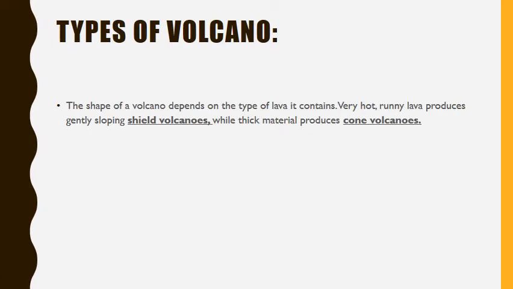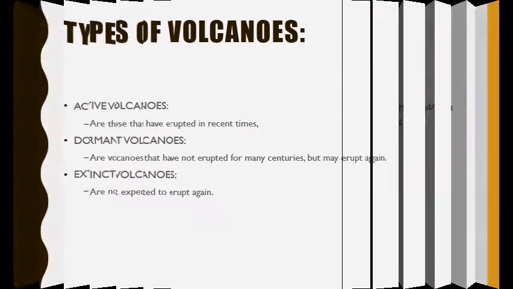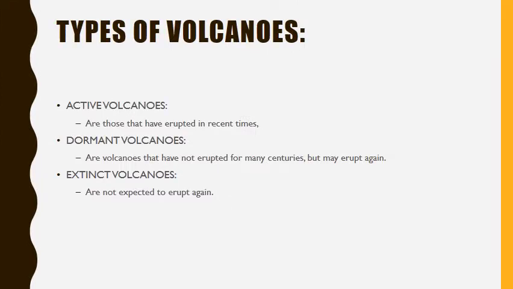The shape of a volcano depends on the type of lava it contains. Very hot, runny lava produces gently sloping types of volcanoes. Active volcanoes are those that have erupted in recent time. Dormant volcanoes are